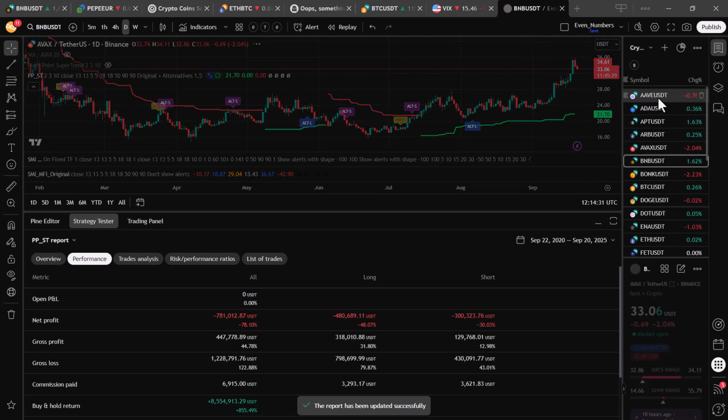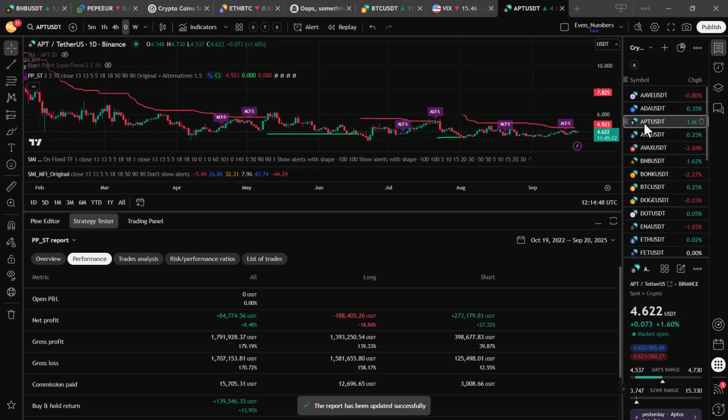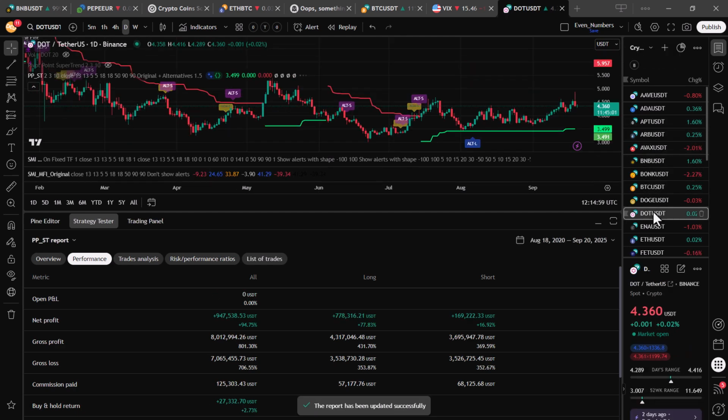You can see that some pairs have trouble making profits with this strategy and some are really profitable with it. It also depends a little bit on which direction you are trading, because pairs like Binance here have better results when you only trade longs, while others like Apt have better results trading shorts. And in this case, Bitcoin and Doge have no problem using both trade directions and making money with the trading